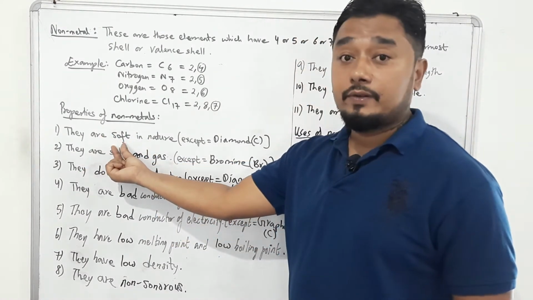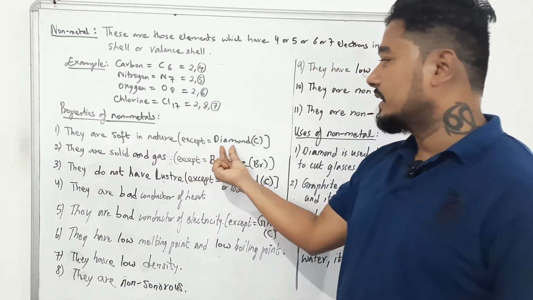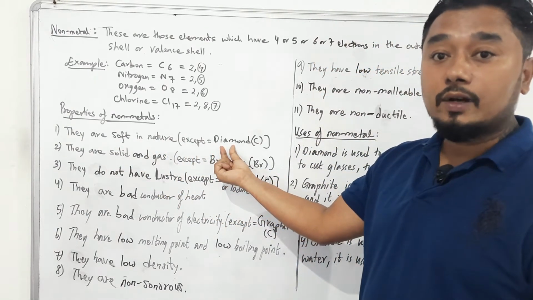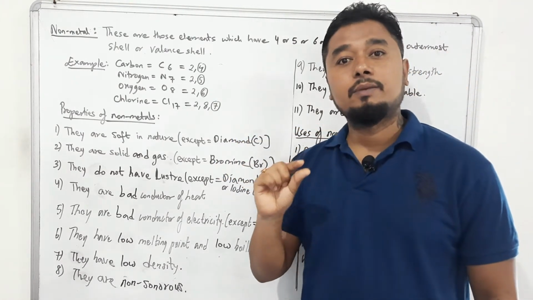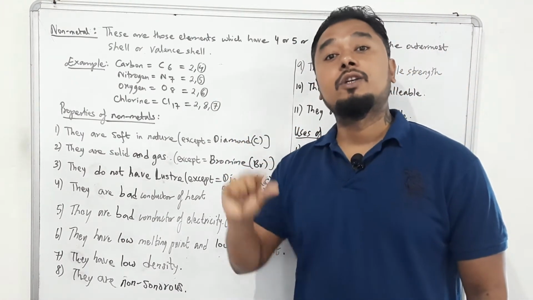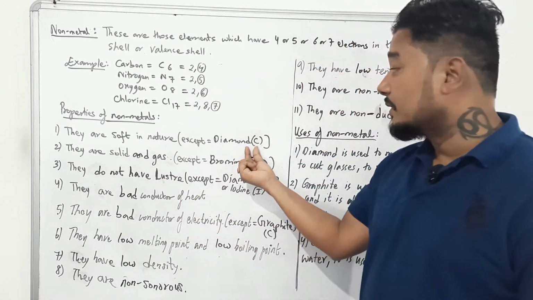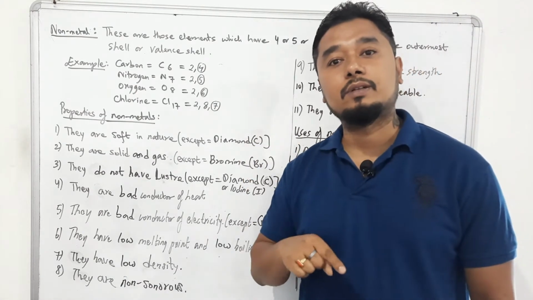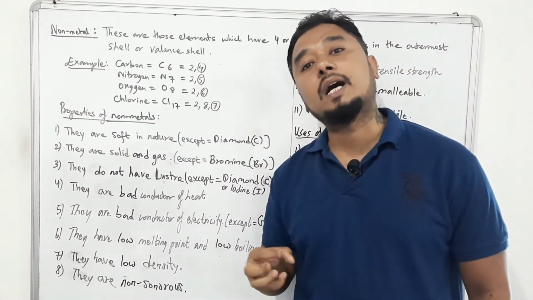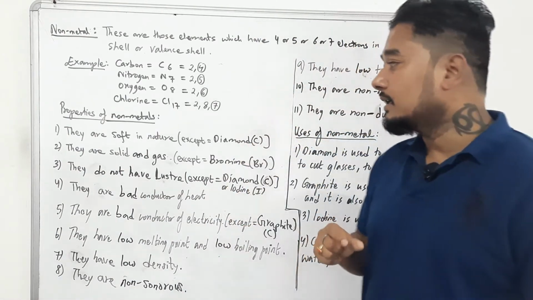Non-metals, they are soft. As you know, metals are hard, but non-metals are soft. But there is one non-metal which is supposed to be soft, but it is hard, and that is diamond. You know diamond is hard, though it is a non-metal. So maximum non-metals are soft, but one non-metal is hard, that is diamond. And the symbol of diamond is C, standing for carbon, because diamond originates from carbon, therefore its symbol is given as what? C only. Done?